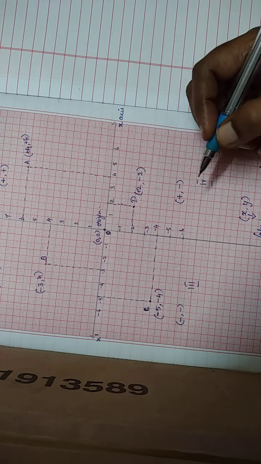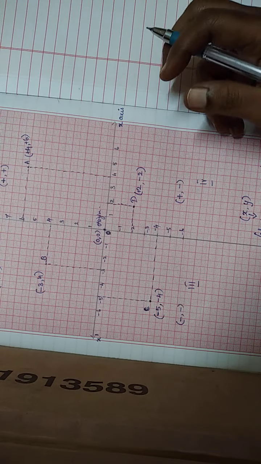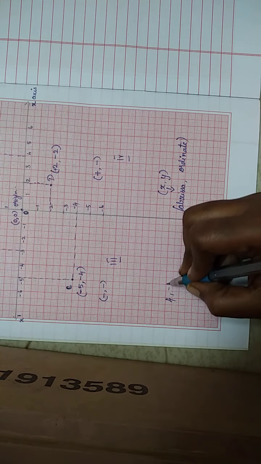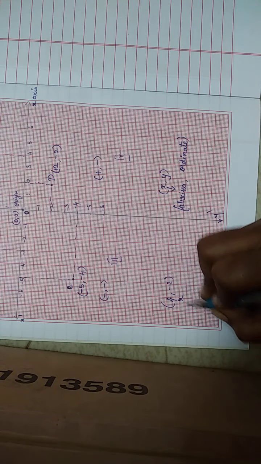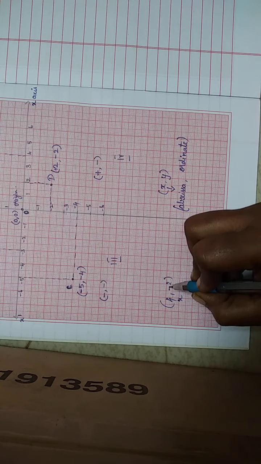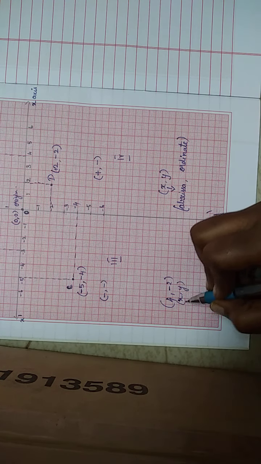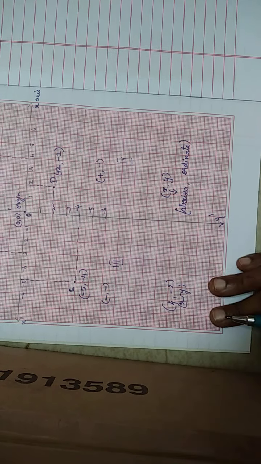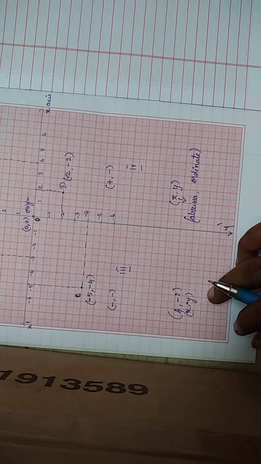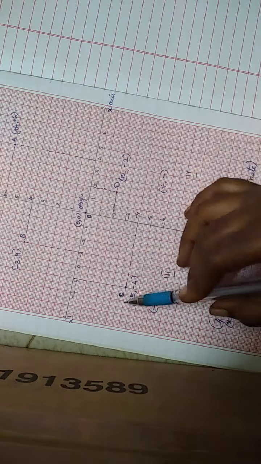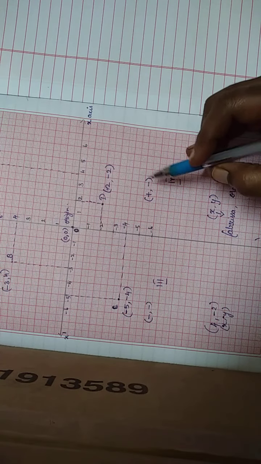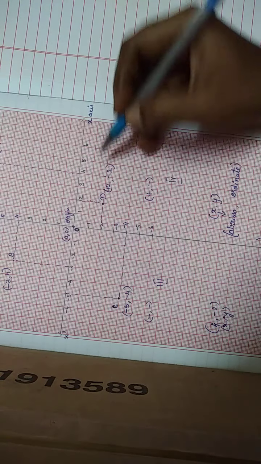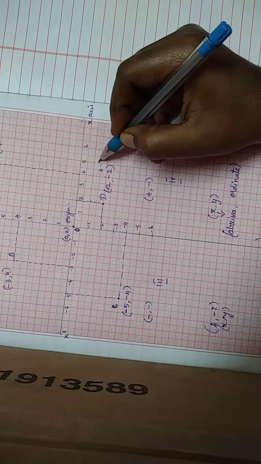If they ask you to plot the point 4 comma minus 2, the given value is 4 comma minus 2. 4 is the x value and minus 2 is the y value. Now for the plus minus quadrant we have to first identify it. Plus and minus, here it is the fourth quadrant, so we identified the quadrant. Now I just have to plot 4 comma minus 2 here.